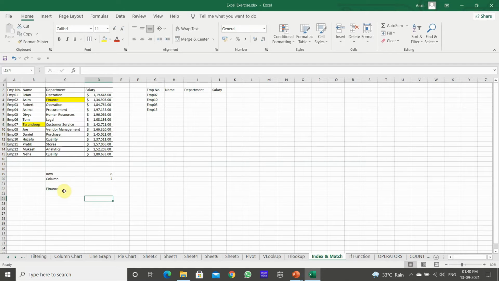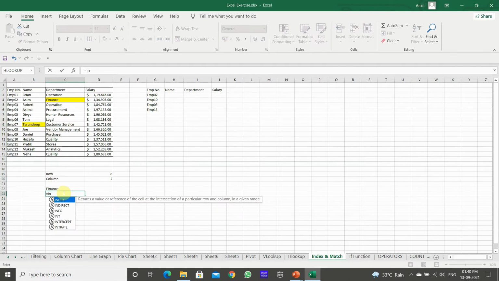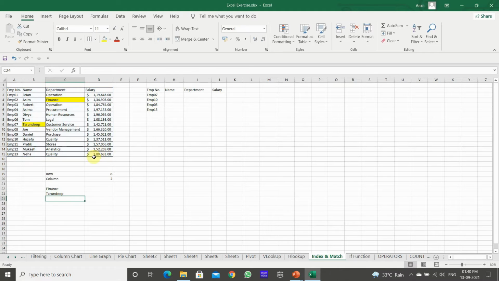So I can do INDEX, table, the 8th row and 2nd column. See, Tarundeep. So basically you must have got the understanding. We are pulling the value by giving the input of row and column in a given table.